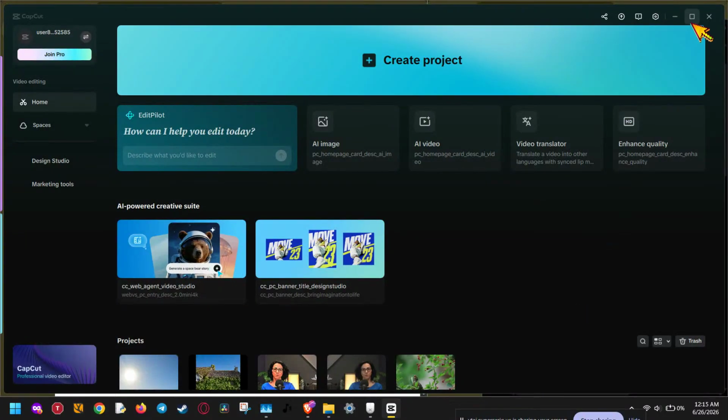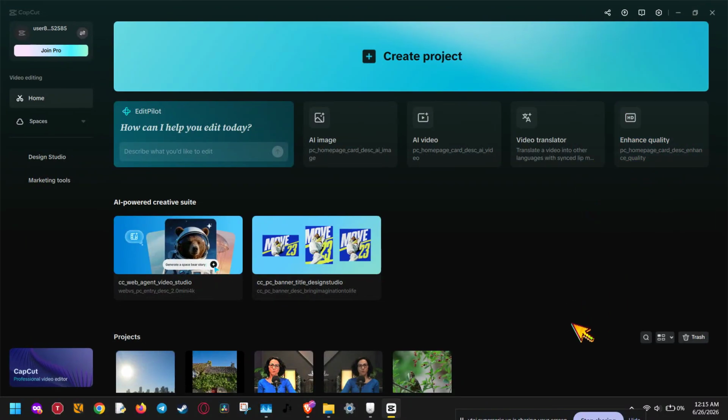If you're wondering how to update CapCut on a Windows PC, you're in the right place. In this video, I'll walk you through the exact steps to check for updates and install the latest version of CapCut on Windows, so you can keep your editor running smoothly and get access to the newest features, bug fixes,